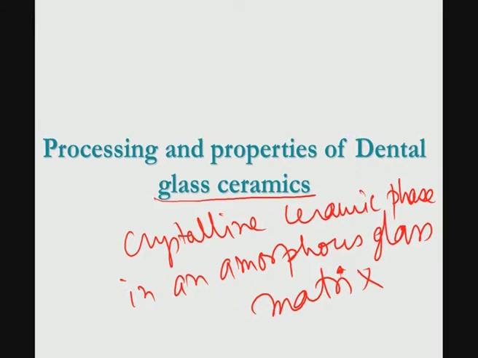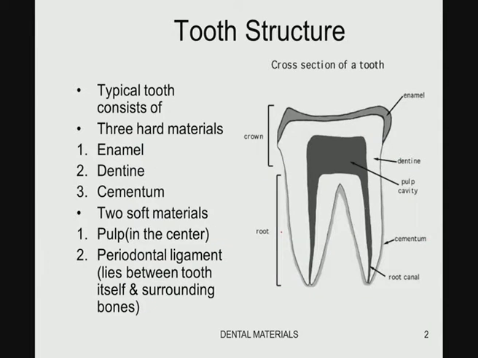Machinable glass ceramics essentially means that because of the presence of certain crystalline morphology in the glass matrix, you can machine these materials to any particular shape using a CAD/CAM based technique, that is, conventional computer aided design and computer aided manufacturing based techniques. So, this will expand the application of these machinable glass ceramics to a larger extent.